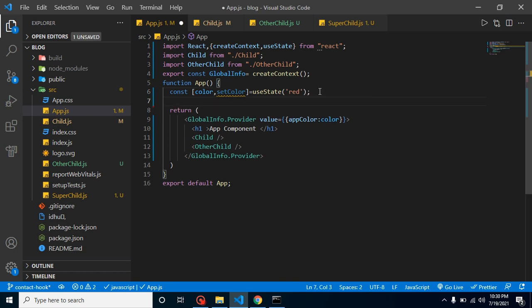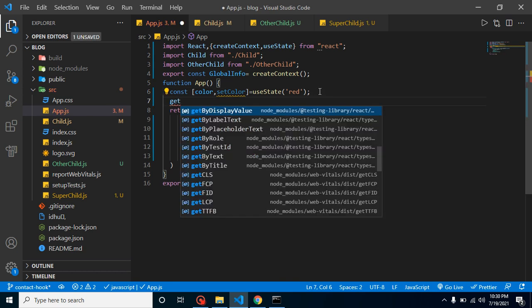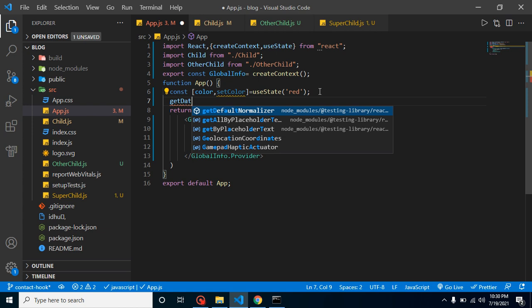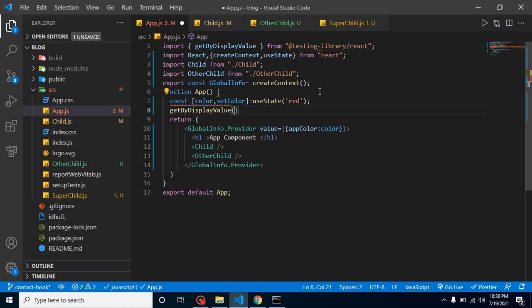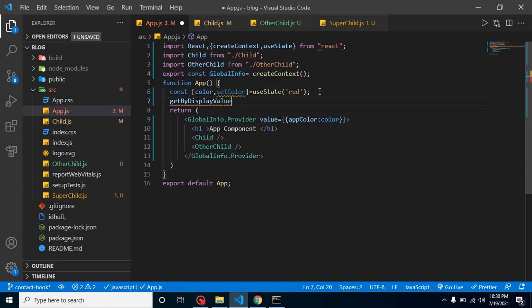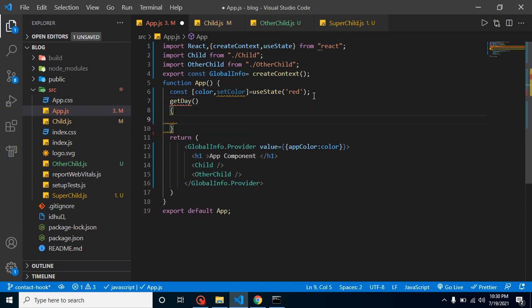Let me just create a function. Let's say my function name is getDay, right? And here first of all, let's make a console.log so that we can check whether everything is working fine or not.